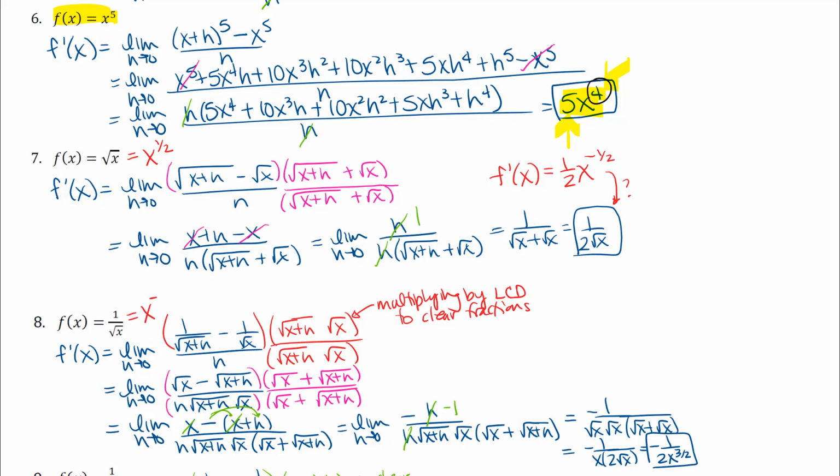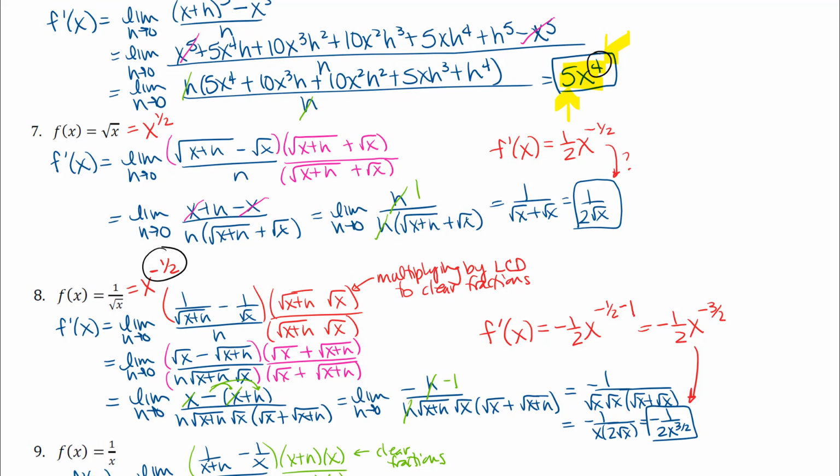So 1 over square root of x is the same thing as x to the negative 1/2. And then I want to think about whether the derivative is what I would get if I have that original exponent, so in this case negative 1/2, as the coefficient out front. And then the exponent being 1 less. So if I think about negative 1/2 minus 1 is what I'm thinking about here for the derivative. So the exponent would be negative 3/2. And I want to see, is that the same as what I got when I used that definition? And it is. It's just written in a slightly different form. I have negative 1 over 2 times x to the 3/2 on the denominator, but that's the same thing as